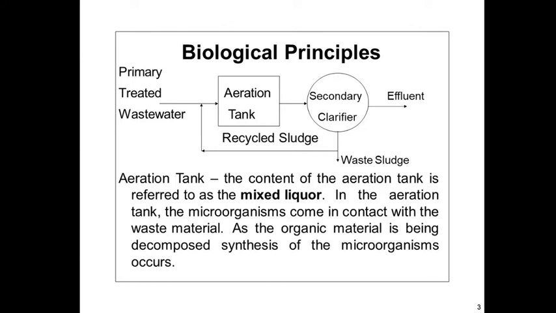So this aerator also helps to maintain the mixed liquor in suspension, and after a specific period of time, called the hydraulic retention time, the mixture of new cell mass and old cells is transferred into the secondary settling tank, where the cells, that is biomass, are separated from the treated effluent. That portion of biomass sludge is recirculated to maintain the desired concentration of microorganisms in the reactor. The remaining sludge, that is waste sludge, is stabilized and disposed.